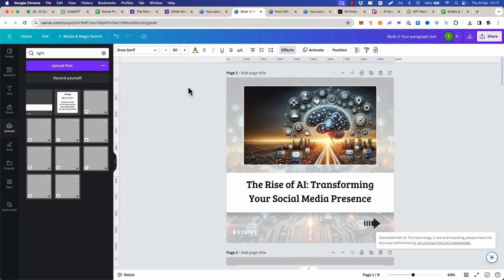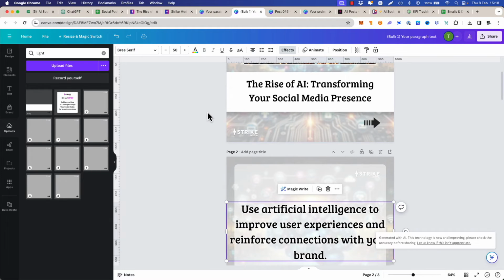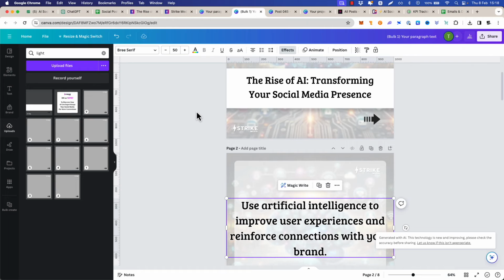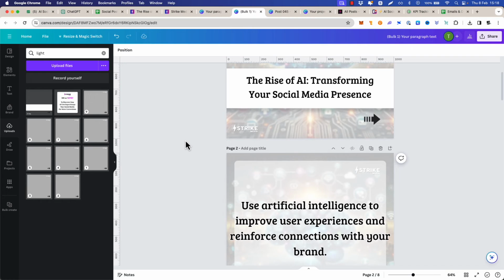This can apply to your own blog posts, or if you're just looking for inspiration, right? You might not even have a blog. If you just want to start an Instagram page or a Facebook page on any niche, and you're looking to create slides like this to make your social media presence look better, all you have to do is hunt out other blog posts. If you wanted to do one on fishing